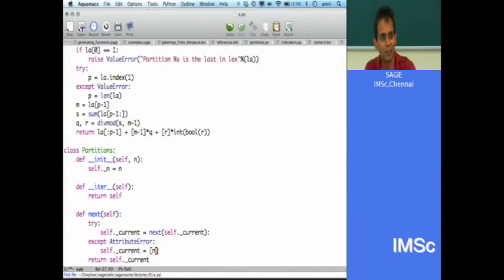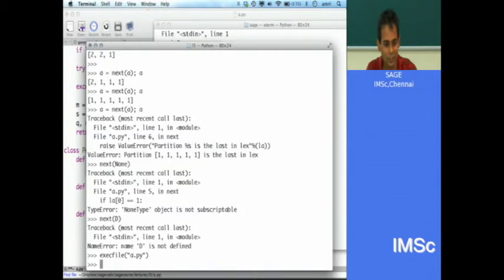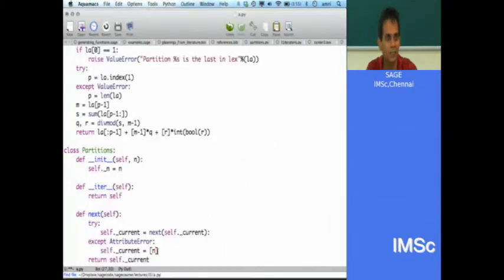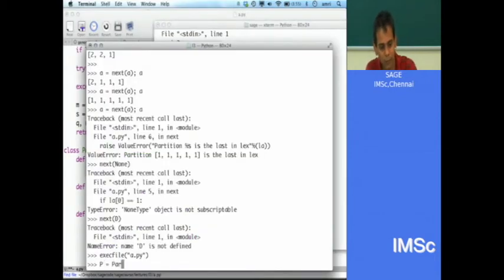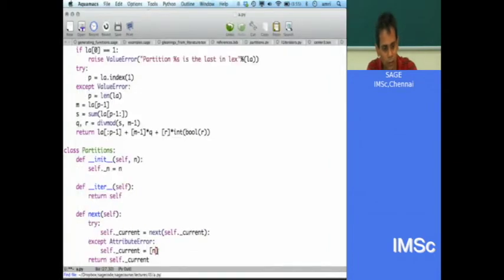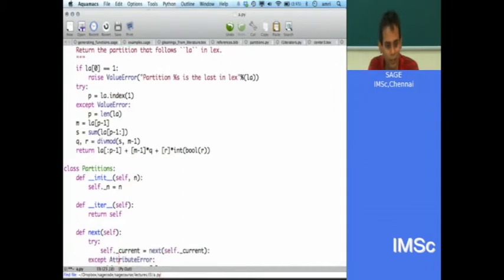Everyone looks unconvinced, so maybe it won't work. Let's try it. There's some problem? Okay, so let's try this. P equals partitions. No, you're using next. There are two nexts. No, this next is referring to that function next. This would be self dot next. Maybe we should rename this. Maybe we should call it next partition, right? I think it's bad form.